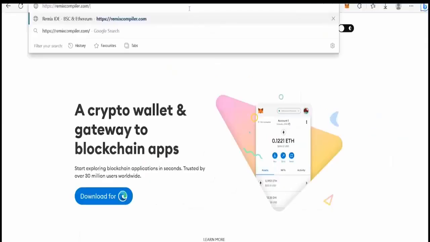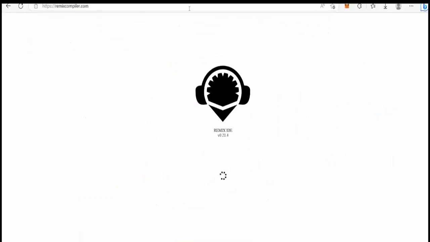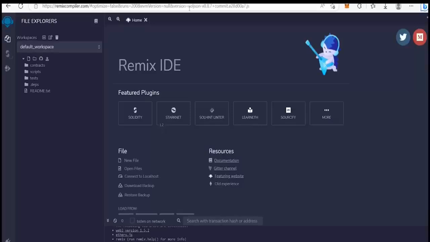So first you need to go to the Remix Compiler website. You'll find the link in the description. This is where we program contracts for both the Ethereum and Binance network. On the left-hand side, click on Contracts, and then click this button for a new file. Name the file something like